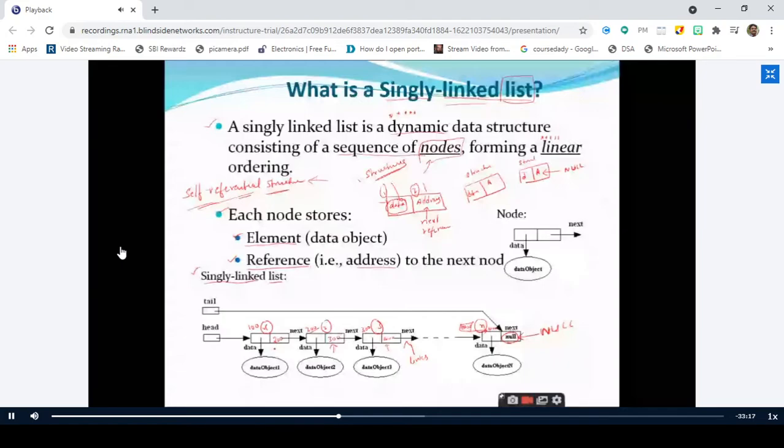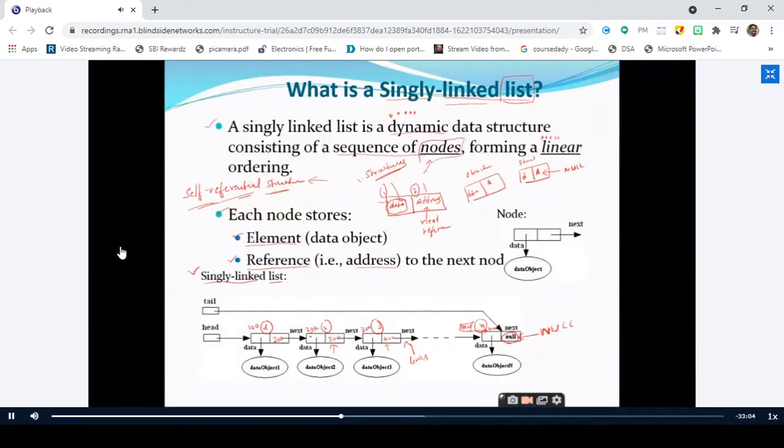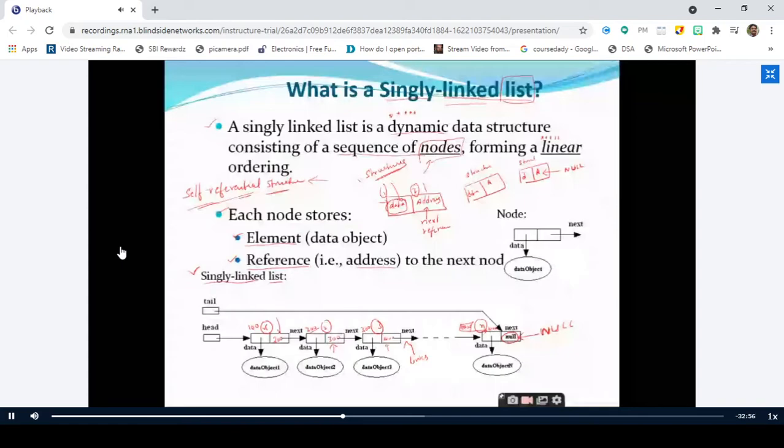And why it is called a singly linked list means how many addresses you are storing here, or otherwise you can ask the question like this also. How many nodes is one particular node going to be linked with? One, sir. Single node. So if you take this node, it is going to get a link with the second node.